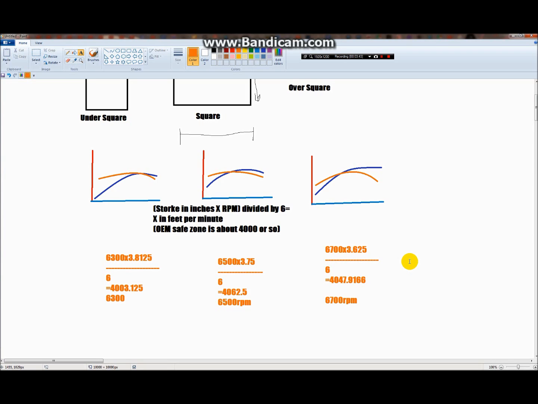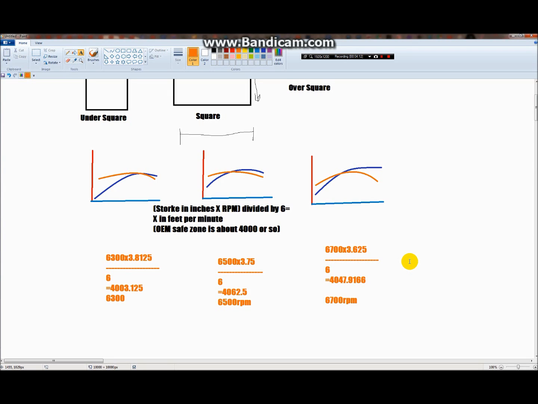Now the reason being is because, again, 4,000 feet per minute. That's the magic number. That's where things start to wear out a little faster than they should. And we go down the line to our under square motor, it's even lower than that. And it's in fact the closest that I've gotten thus far to 4,000 feet per minute at 6,300 RPM, which